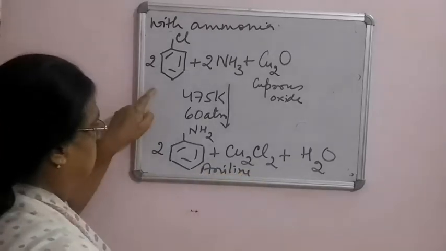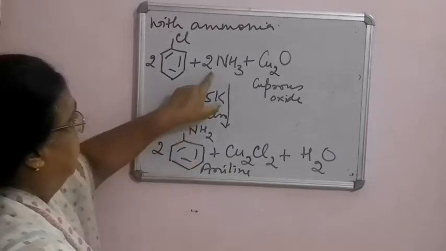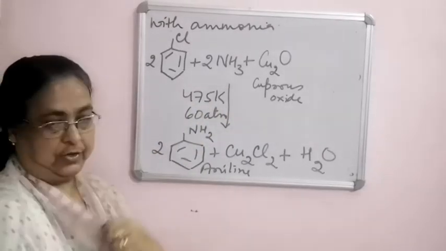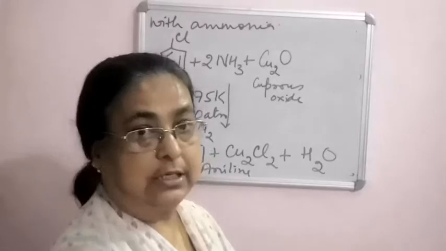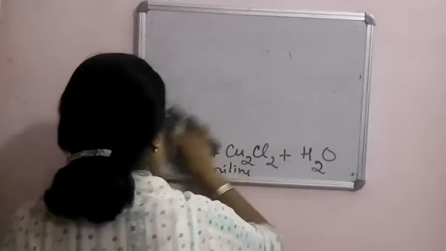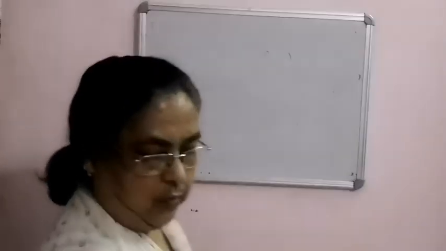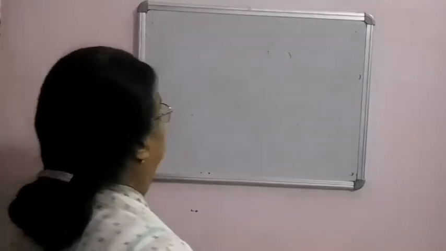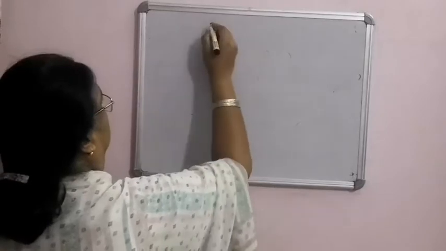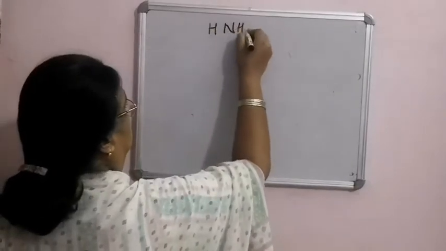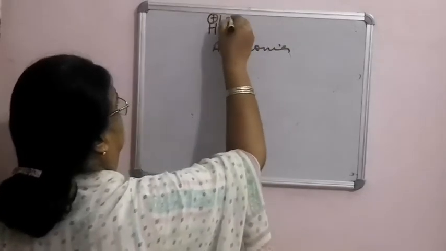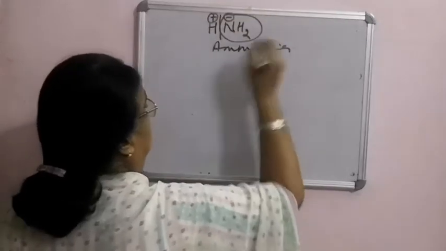So chlorobenzene is converted into aniline when it reacts with ammonia in the presence of cuprous oxide, and the reaction is a nucleophilic substitution reaction. The mechanism is exactly like what you have seen in the previous case. Wherever you had attached the OH ion, there you have to attach NH2 now. So how will the mechanism go? Ammonia, which is HNH2, this is ammonia. This I have told you many times. So here it will break into plus and minus. So this group is the amide group.